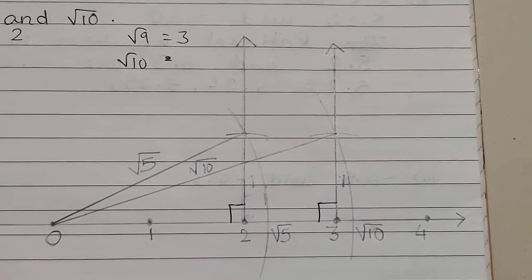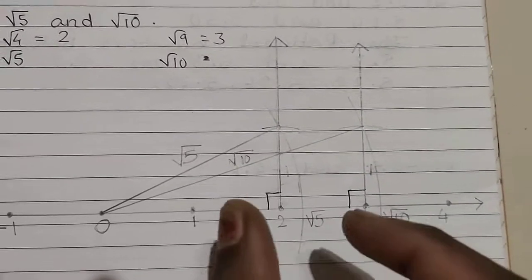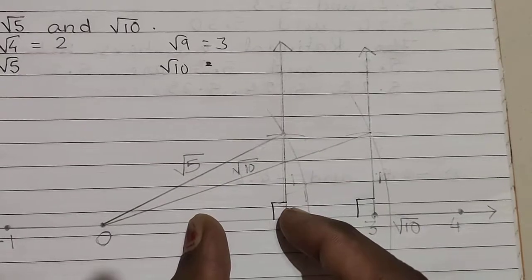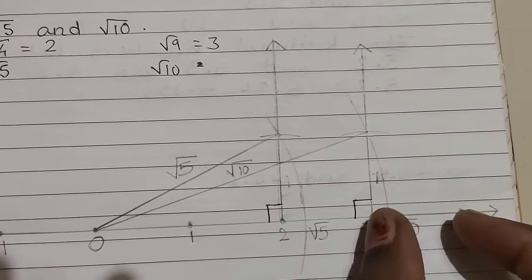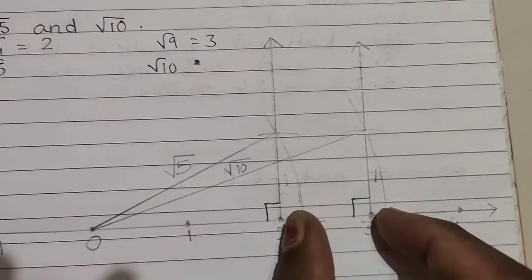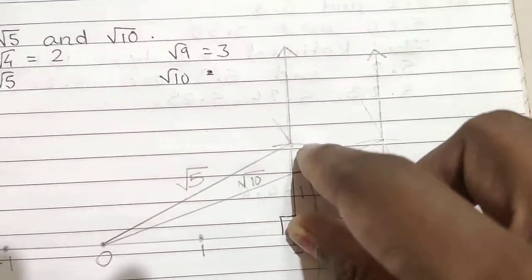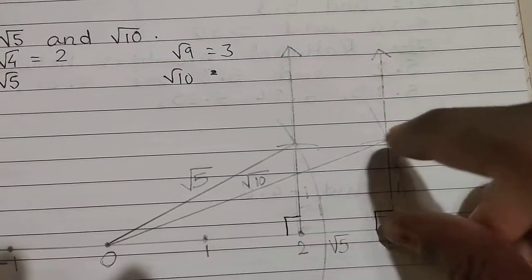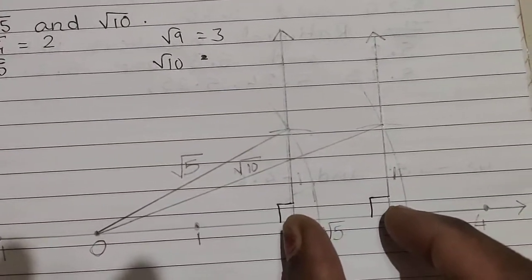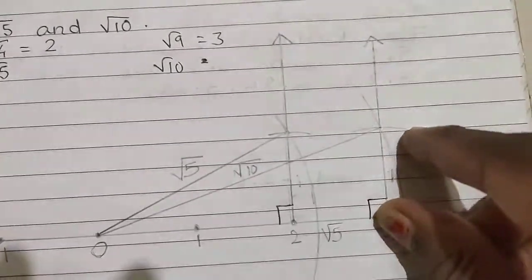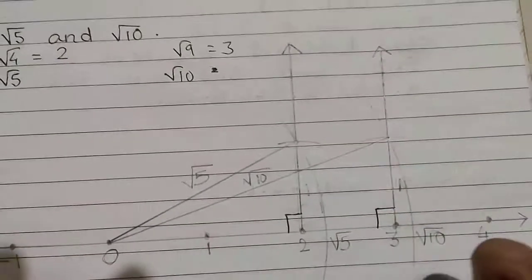If you are done with that, then in the next step you are going to take this distance in your rounder. Use your rounder, take this distance, any distance, because all are 3 centimeters, that you know. Take this distance and use your rounder and cut here. Same way, use your rounder and cut here. Which distance? This distance you need to select. Select this distance and use your rounder and cut it like this, at 2 as well as at 3.